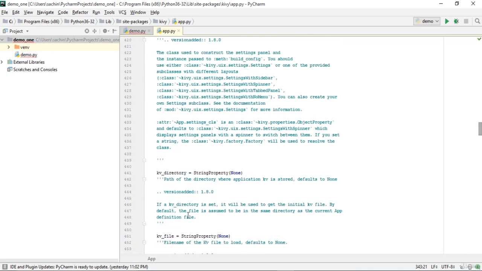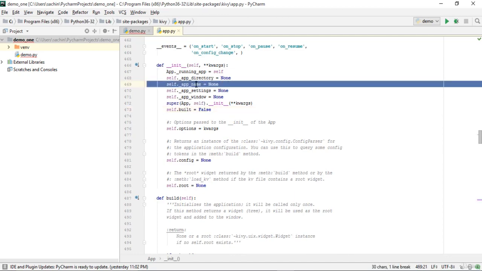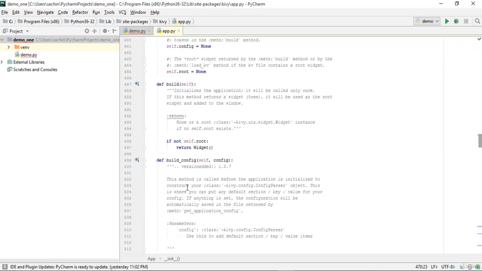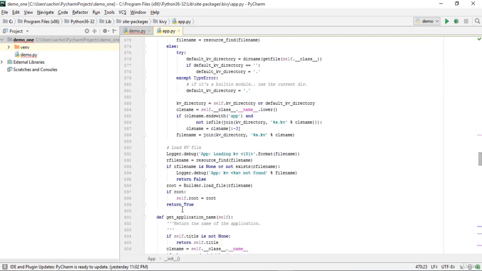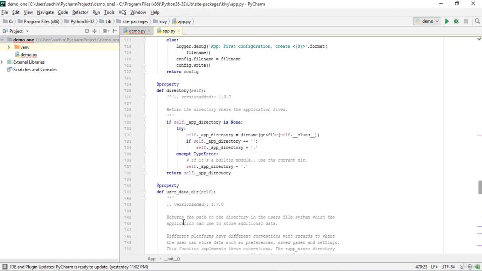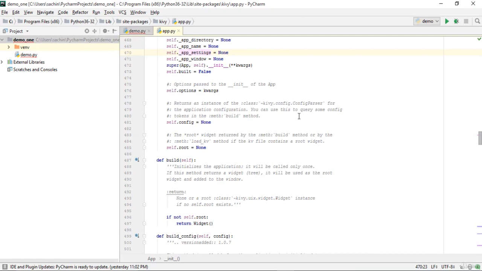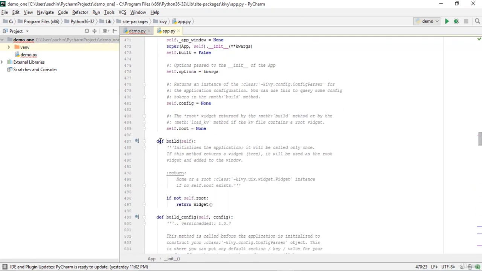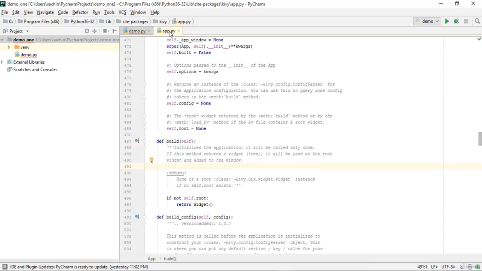After that you can see here the documentation for this title and icon. You can give your app a name here, and basically you have the build function here, and what we are really interested in is all of this code. But let me go down again. Build should be at the top here. So build is over here. This build is a really important function, a method of this app.py.